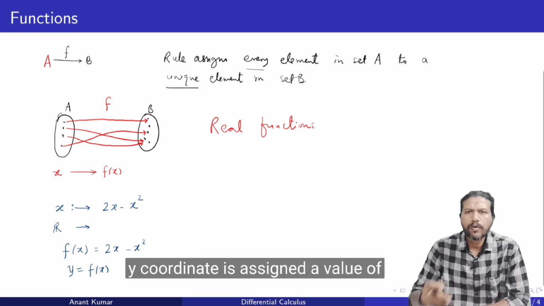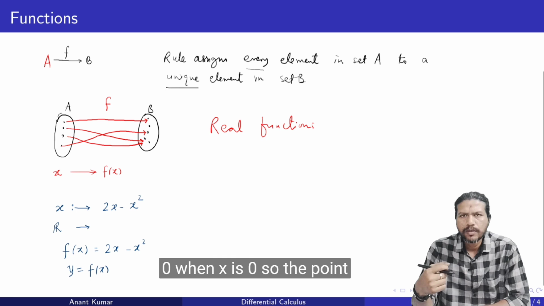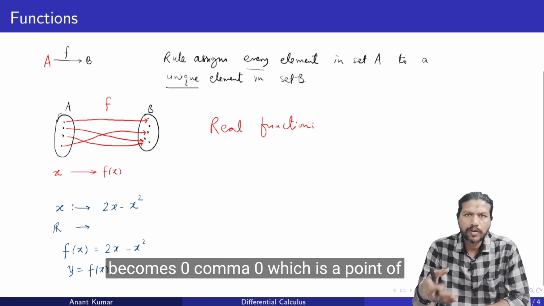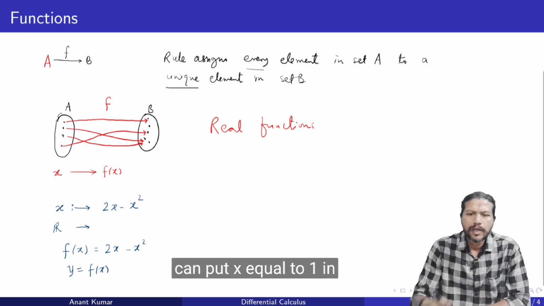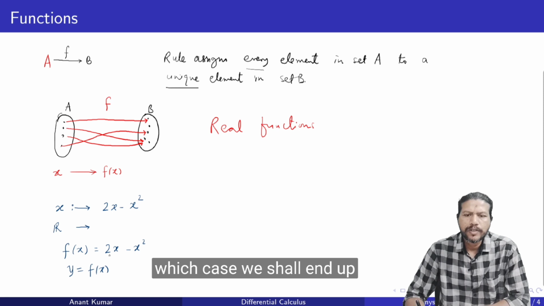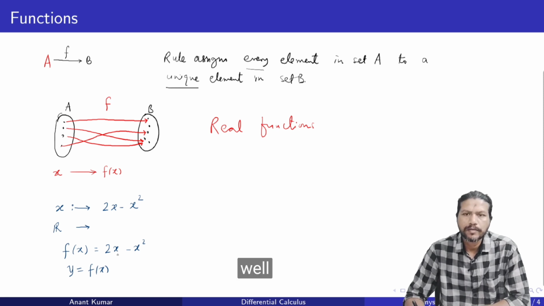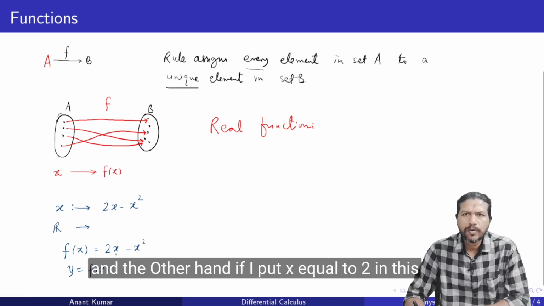So the y coordinate is assigned a value of 0 when x is 0. So the point becomes (0, 0), which is a point of the graph. I can put x equal to 1, in which case we shall end up getting 2 minus 1, that is 1. So the y coordinate is 1 as well. On the other hand, if I put x equal to 2 in this case,